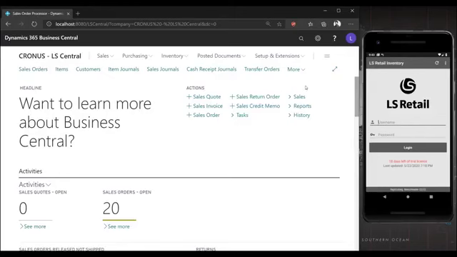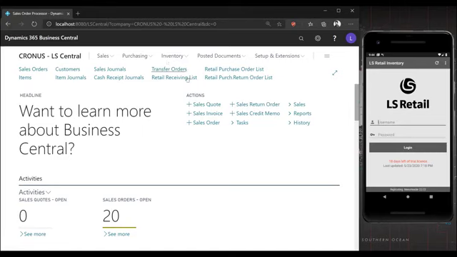In this example, I'm going to create a retail purchase order and complete it with a retail receiving document. In my view, I already bookmarked my retail purchase order and my retail receiving list. Alternatively, you could always search from the search icon or click on the menu button. So if we click on this menu button,